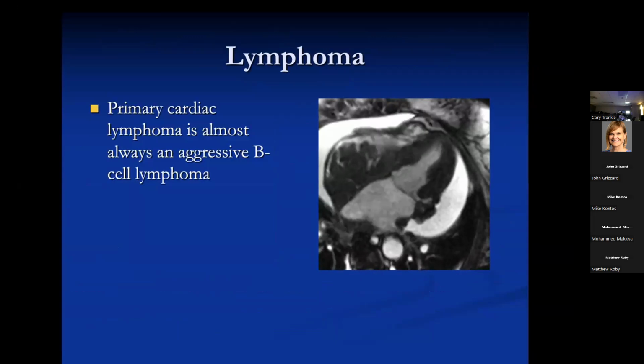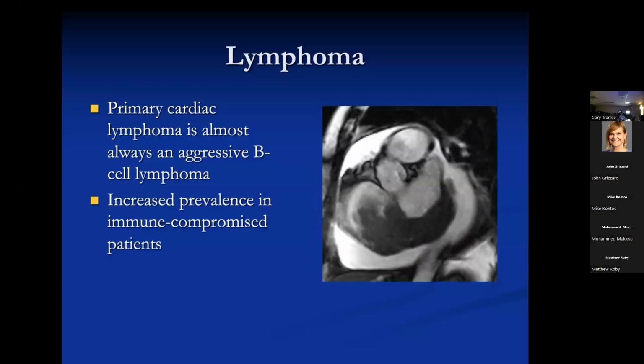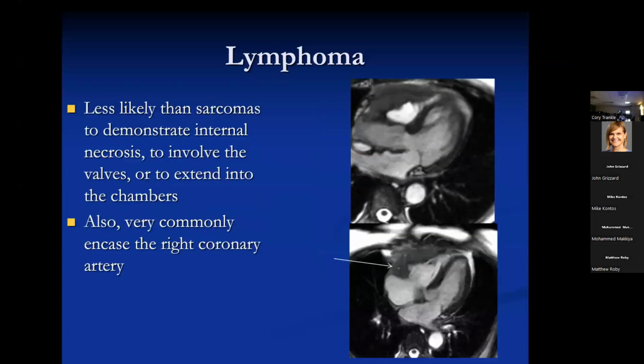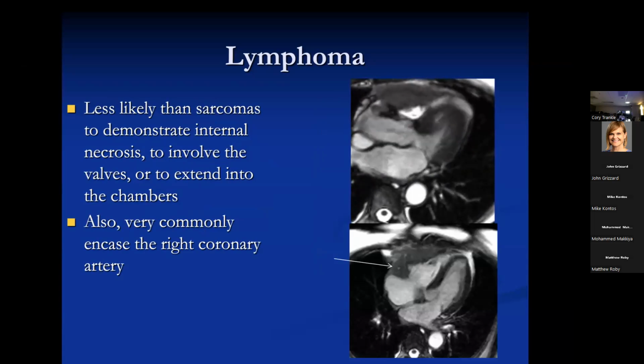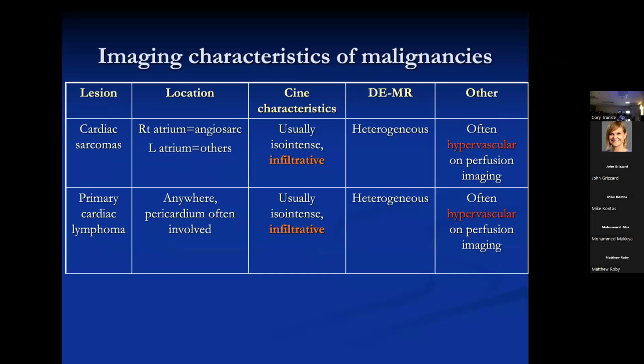Lymphoma is the next most common thing after sarcomas, and it's almost always an aggressive B-cell lymphoma, typically seen in immunocompromised patients, often accompanied by large pericardial effusion. And interestingly, it has this tendency to involve the right heart and the RV free wall and to encase the right coronary artery. I don't know why. But if you see a tumor that's not displacing it, or just a huge tumor like the angiosarcomas that tend to just engulf everything, but when you see it selectively encase the right atrium, or extend into the AV groove, think of lymphoma. That's a very characteristic sort of thing.